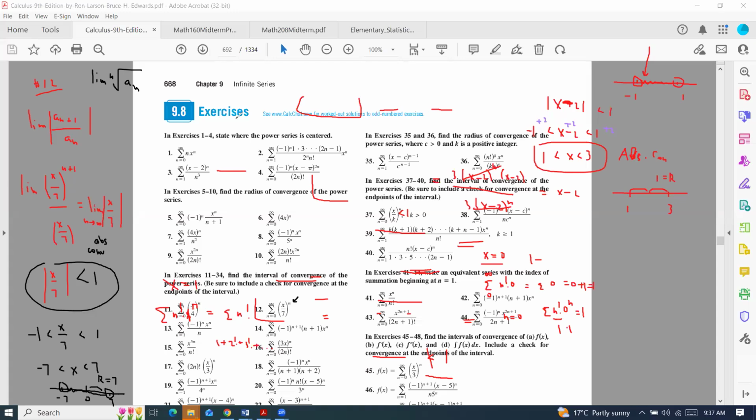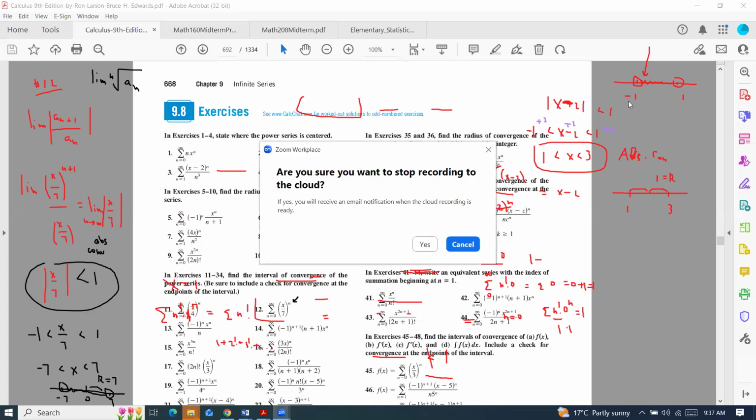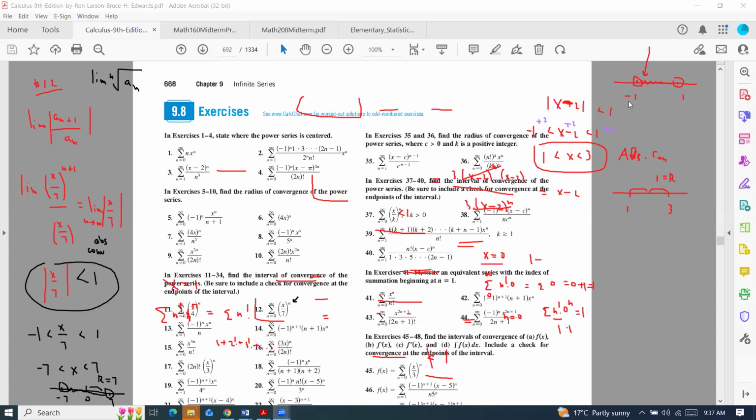So let's stop at this stage. I guess this is a good moment to stop my recording for today and see how you feel about this, if you have any feeling at this stage. And we'll continue, we'll do other exercises from 9-8, and then we'll look at the stuff we started prior to it, those so-called Taylor and then general Maclaurin polynomial decomposition. That'd be the last time we see